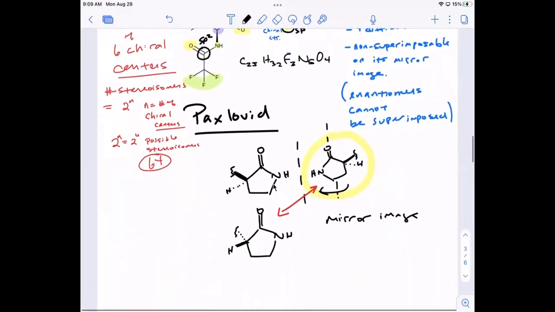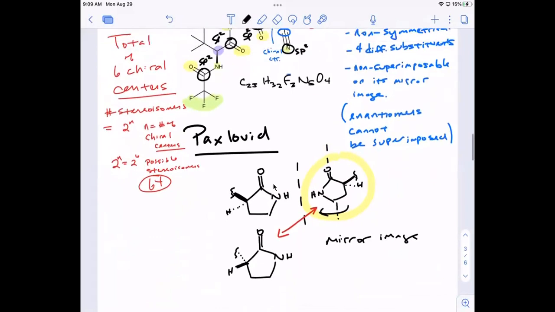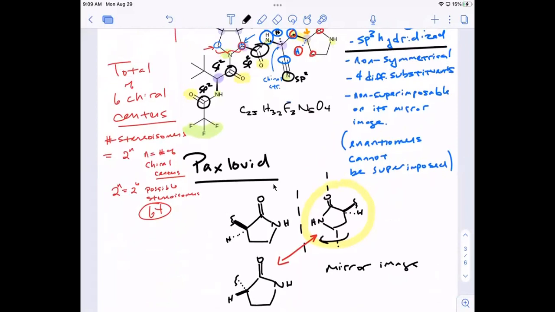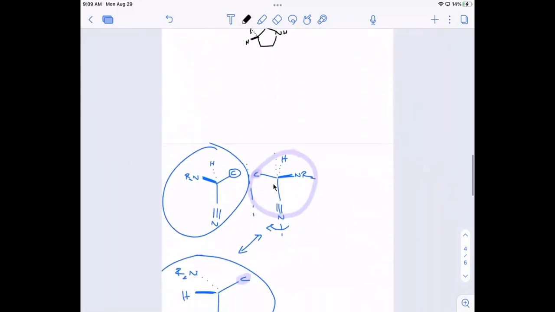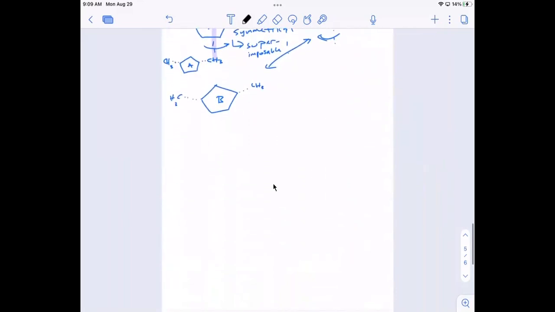Now let's get into the number of stereoisomers. We said that for Paxlovid, the total number of stereoisomers is 64, and I want to talk about that now. I want to talk about the number of stereoisomers as it relates to this molecule, and what other stereoisomers are possible. So when you think about a molecule that has chiral centers,